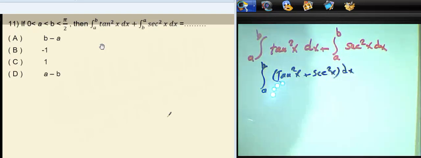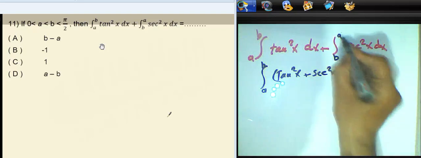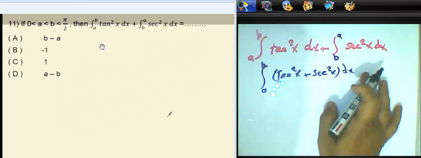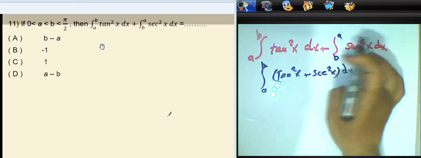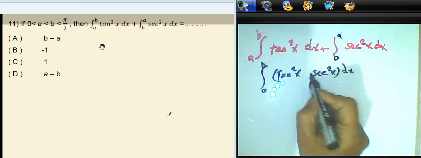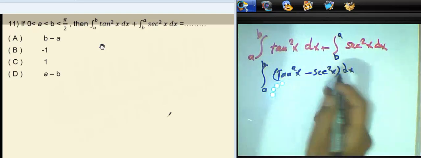He gives us here a to b, and here was b to a, sorry, b to a, and this integration will be negative. I will invert this integral from a to b and write negative here. Okay, my students, I write negative here, and then we can cancel